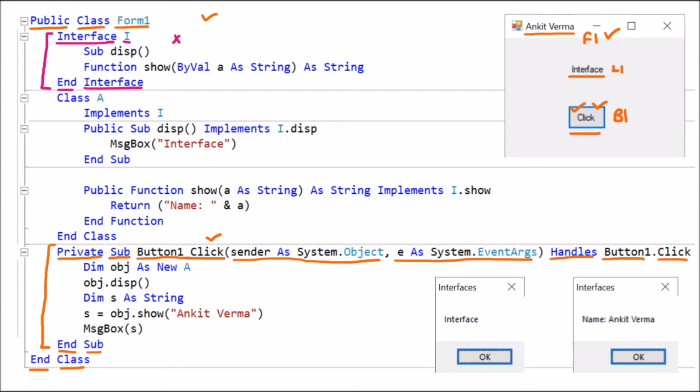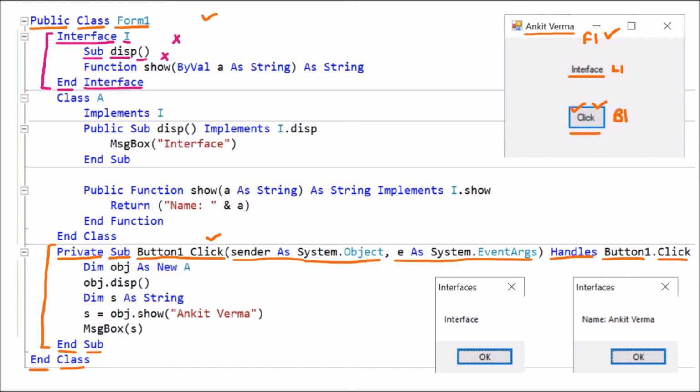Afterward, if we talk about the procedure and functions, in the interface, procedure and functions, both prototype are available. So we can see that disp, the brackets are empty, and sub. Sub means there is no return type and it is called procedure. Here, procedure prototype is given, but implementation is not provided. That means what that procedure will do, their statements are not present. And who is going to provide the implementation? The class who will implement this interface will provide the implementation of this procedure.